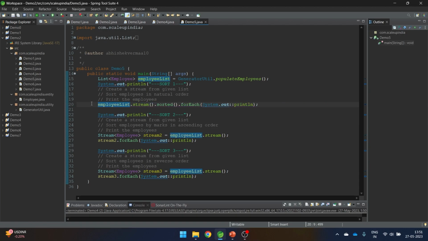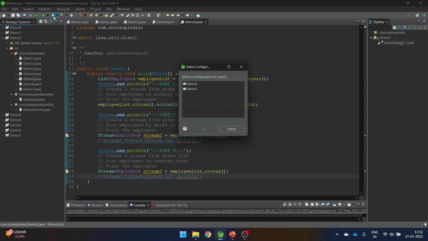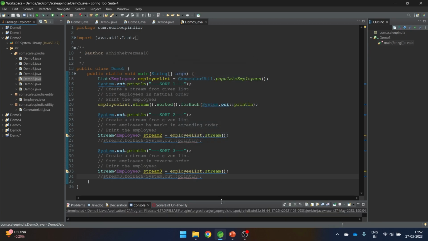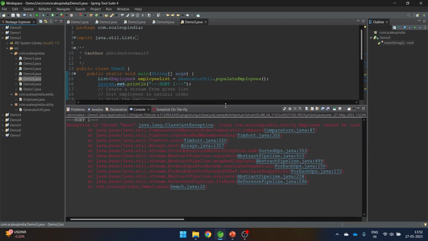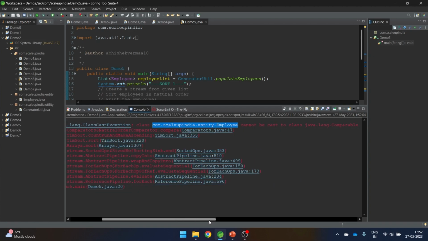Let's execute this one. All the others we are not going to check, or in order to remove the confusion, let me comment out the others so that you don't get confused. So for this demo 5, if I execute demo 5, okay, let's see what it shows. It says there is some class cast exception because the class Employee with the package name cannot be cast to